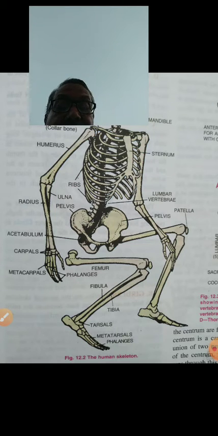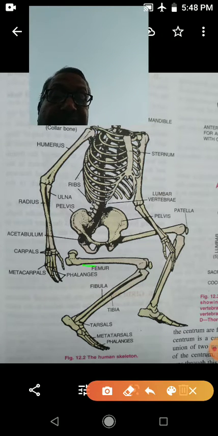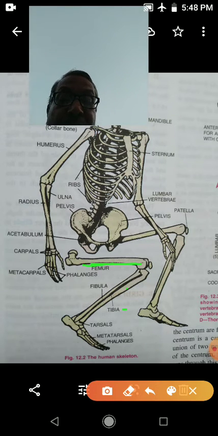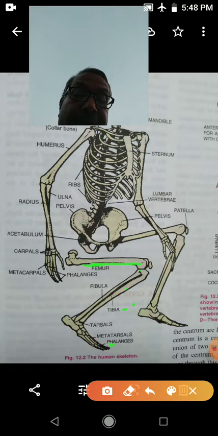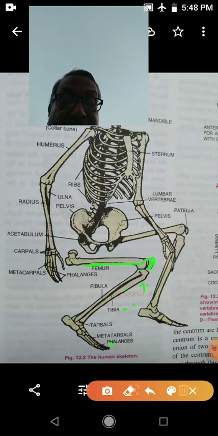Like that, bones in the leg. So in the leg also, this bone is femur, that is called thigh. Again tibia and fibula. The bone which is facing the big toe of the foot is the tibia, and the one on the side of the little toe is fibula. And where femur and tibia fibula are joined at the knee, there is a cap like structure. This kneecap is also called patella.